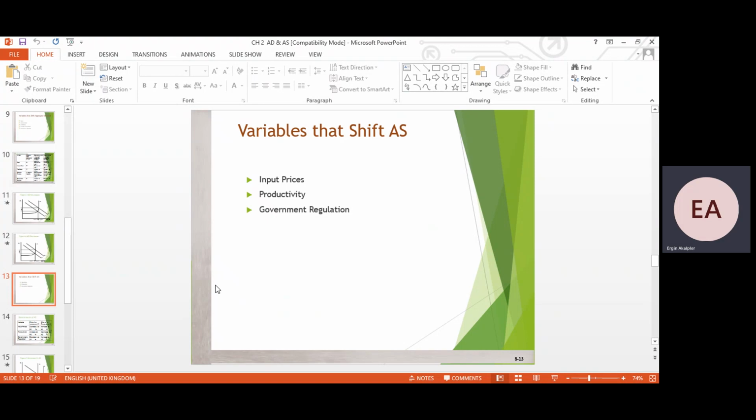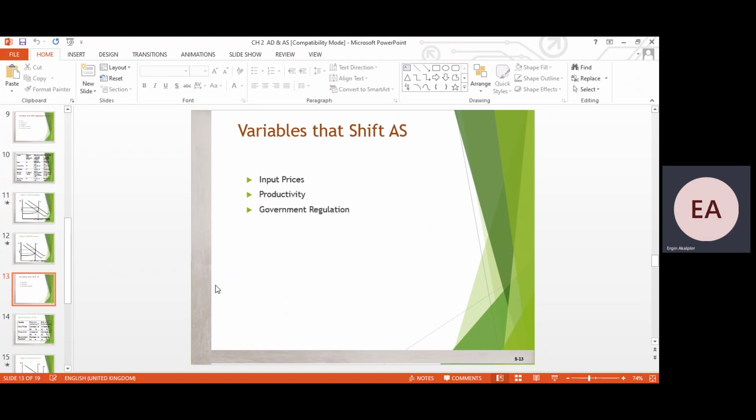And at the end, if there is a higher minimum wage set by the government for the sectors, it will reduce productivity, because the employers must pay much more money to the employees, and this will cause some resource transfer from the producers to the employees, and this will then cause some profit reduction. And when this happens, then